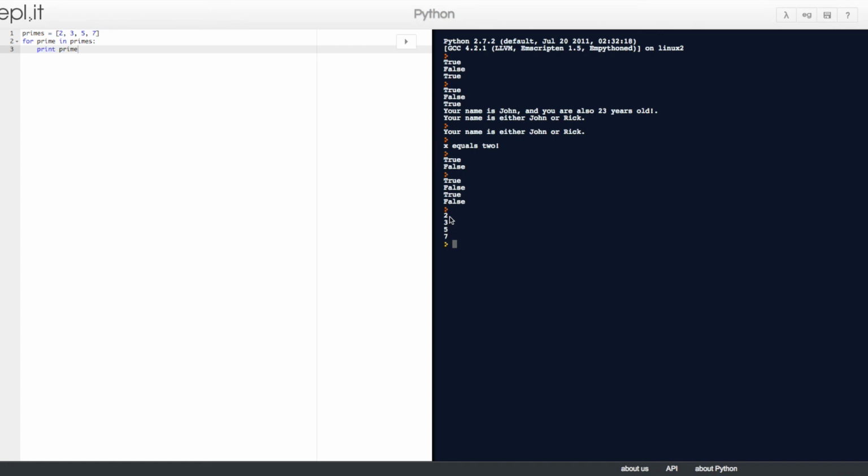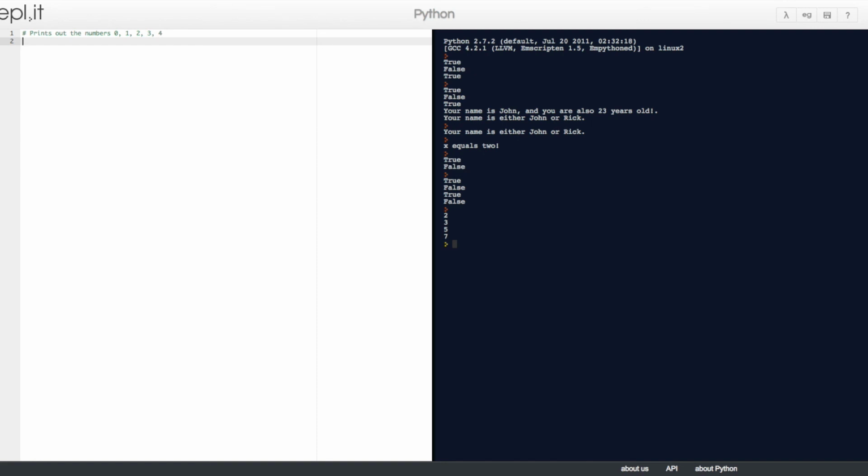Note that the xrange function is 0-based. Okay, so we'll make a comment which starts with a hashtag, prints out the numbers 0, 1, 2, 3, and 4.